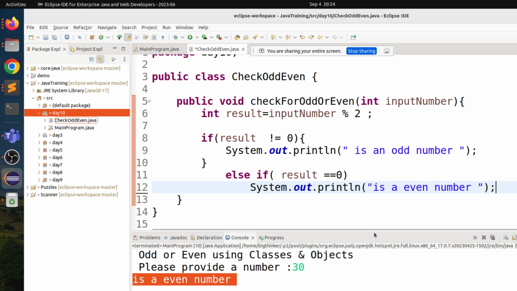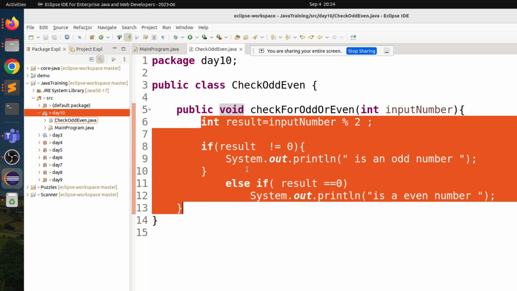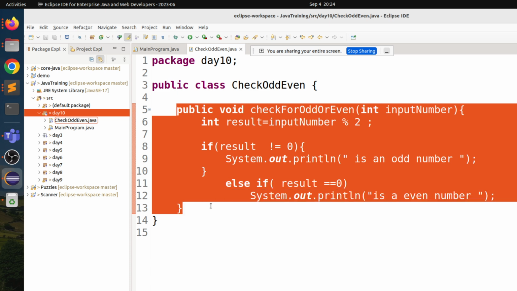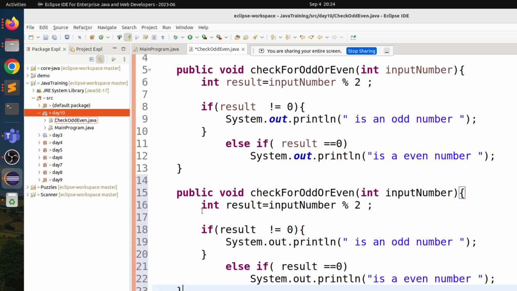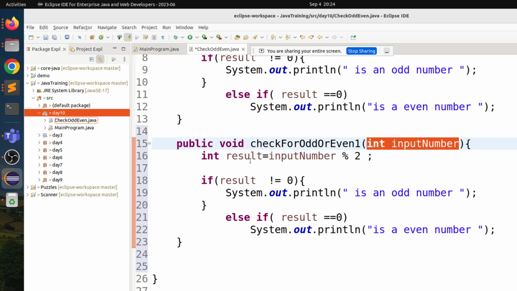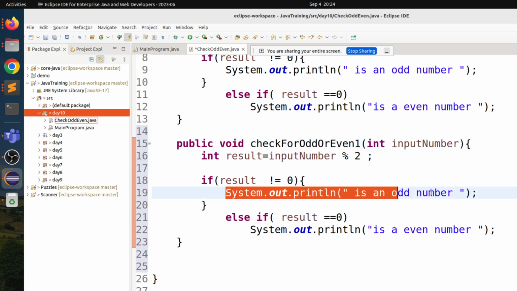This is one way. Okay, you were wondering how to return, right? So this is one way of doing it without returning anything. The other way of doing it is this way. Check for odd or even one. I'll have another function. The input number comes here. The logic is done here, but I won't print here. Instead of printing here,